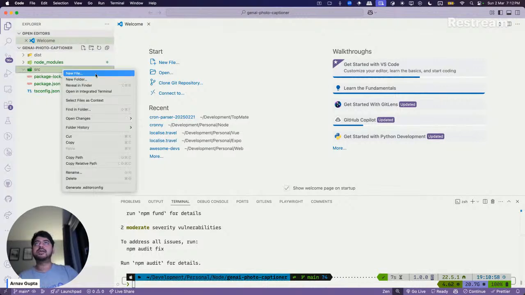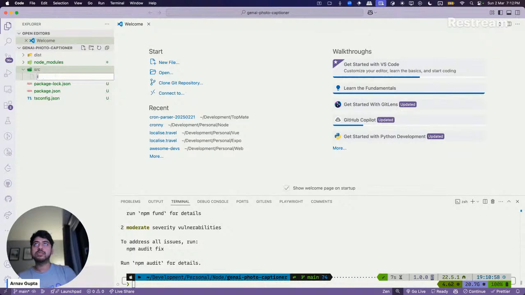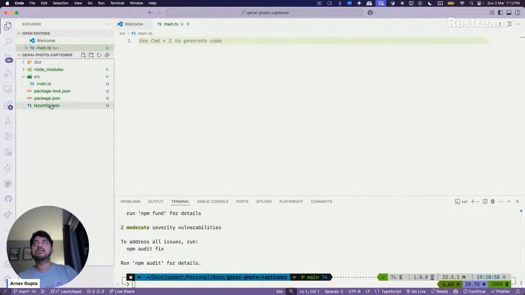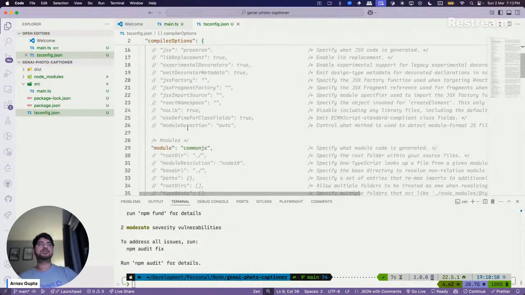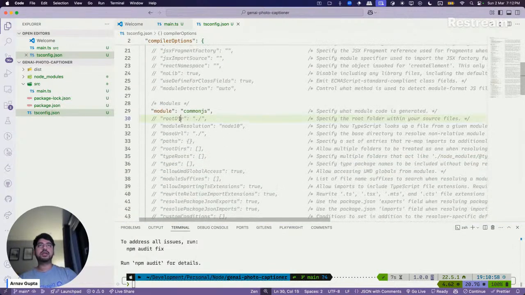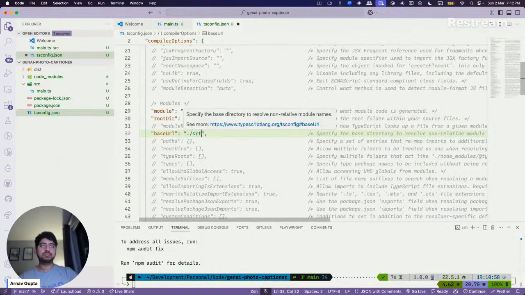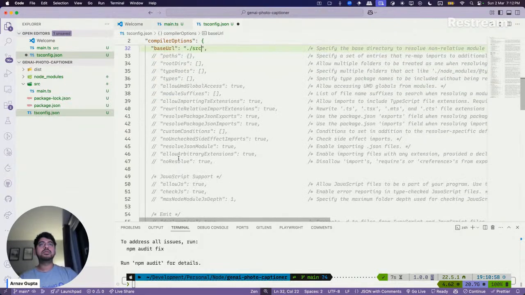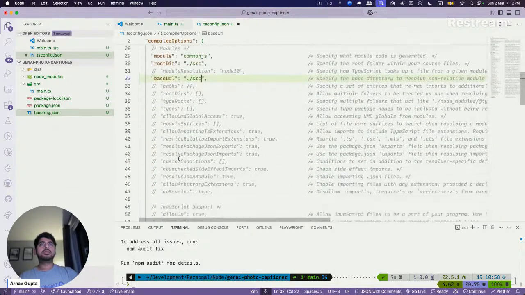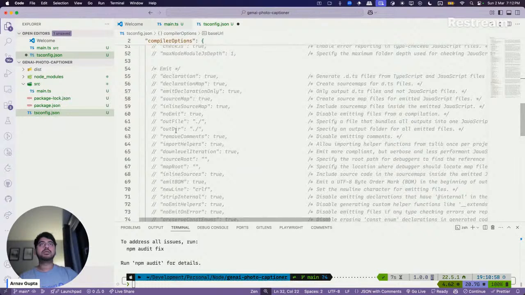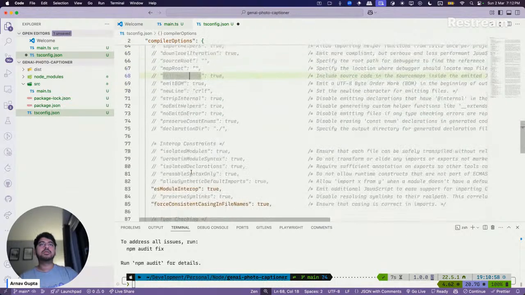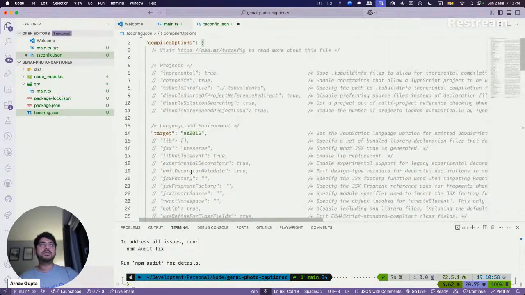Let me just quickly set up the basics for it to be able to run. I think that should be enough for it to just run, I guess.